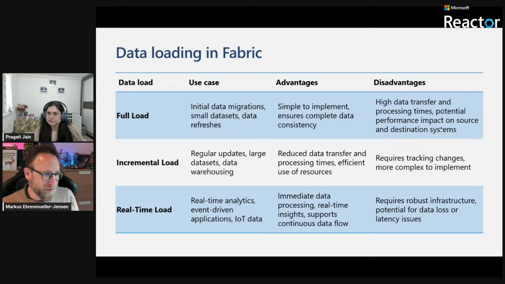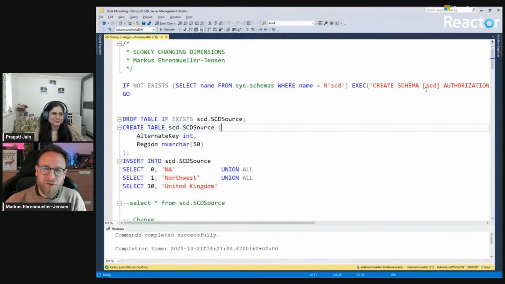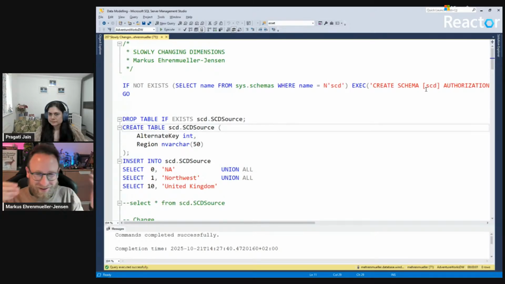But let's jump to the demo I prepared here, which talks about slowly changing dimension, which is also a thing which comes up in the exam. So you have to get an idea what this is. Slowly changing dimension as a term comes from Ralph Kimball, who is the godfather of all data warehousing. He retired in 2016. I hope he's still alive and enjoys life, but I haven't heard anything from him since. And he had very interesting concepts and names, and one of them was slowly changing dimension.